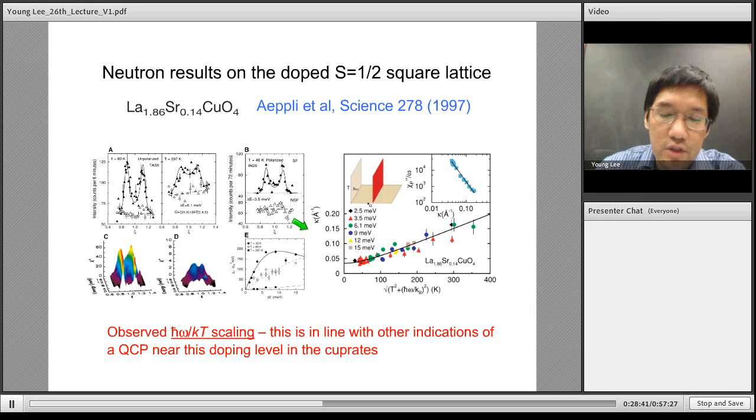So you can now plot the following. This is the inverse correlation length, kappa again, plotted as a function of the square root of temperature squared plus omega squared. And this is another way to show that you have omega over T scaling in this compound. So you see that all of these